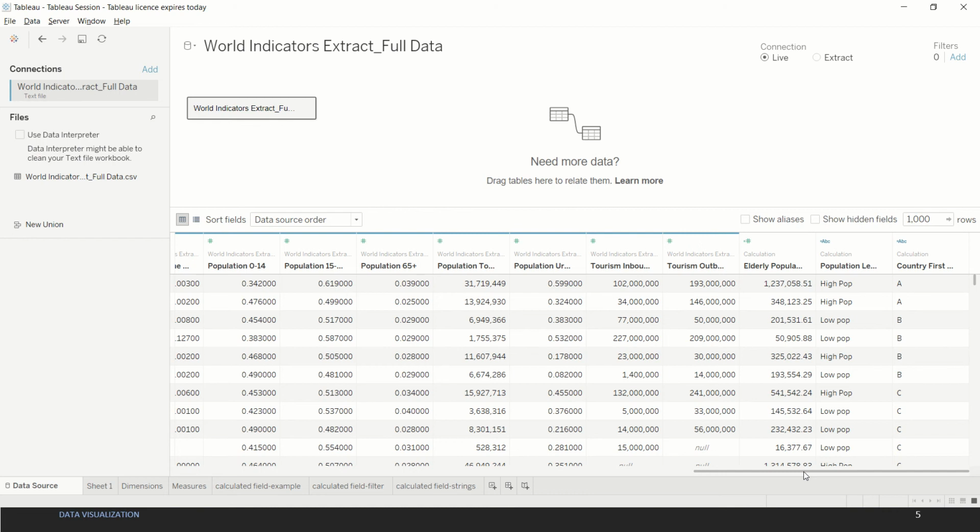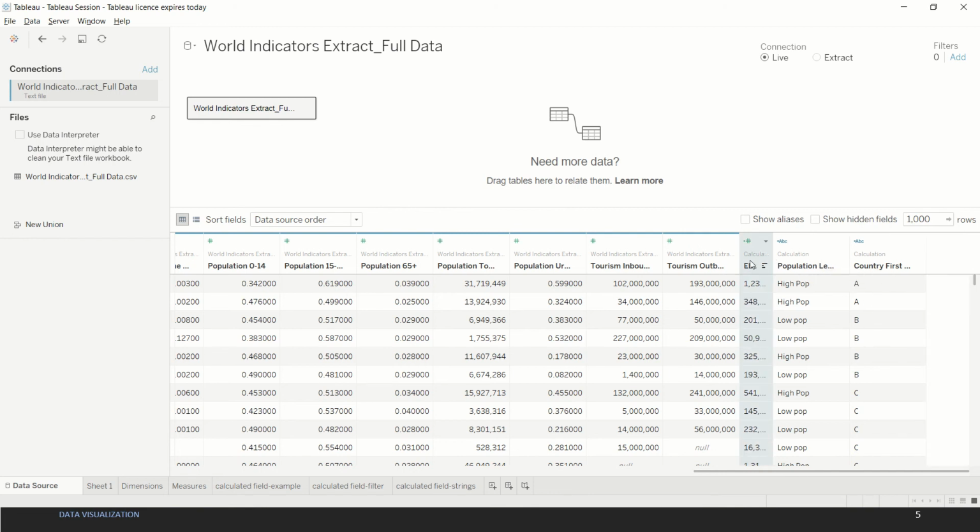As you can see in the data source sheet, we have the population less than 10 million field, and the entries here are high population if it is less than 10 million and low population if it is more than 10 million.